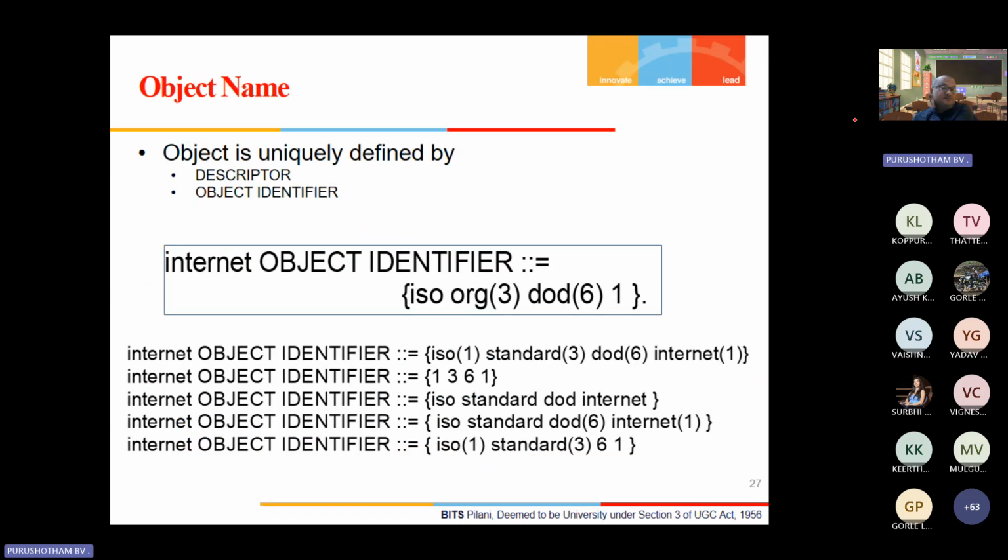It is 1.3.6 like that. Or you can also write it as ISO 1 standard 3 DOD 6 internet 1. Or you can say 1361 also. Or you can also give the names ISO standard DOD internet. Or sometimes you may write a combination of names and numbers, which is also possible.